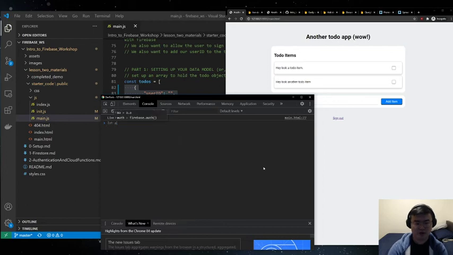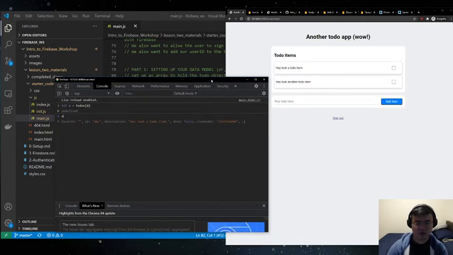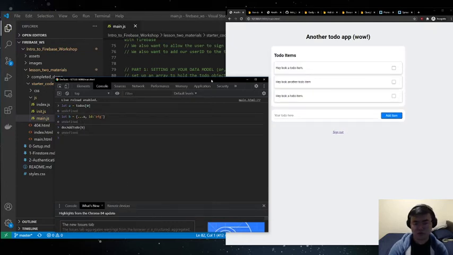So if we have a to do object here, now we can add another item. We can also update another item. So if you want to change the description,